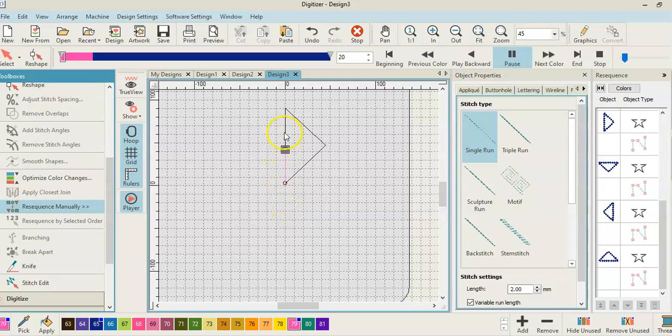So it's going to start here, stitch up, speed it up a bit, and here. Now I don't know why it's doing that second line there. See if it does it here. No, it didn't. And back out. Yep. Okay, you see this little mark here? That's the frame out. So when we do applique, it puts a little frame out, so it moves out of the way so that you can